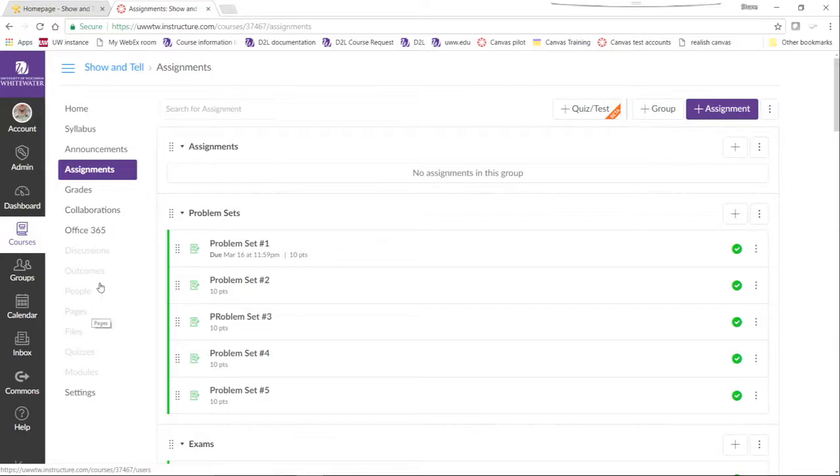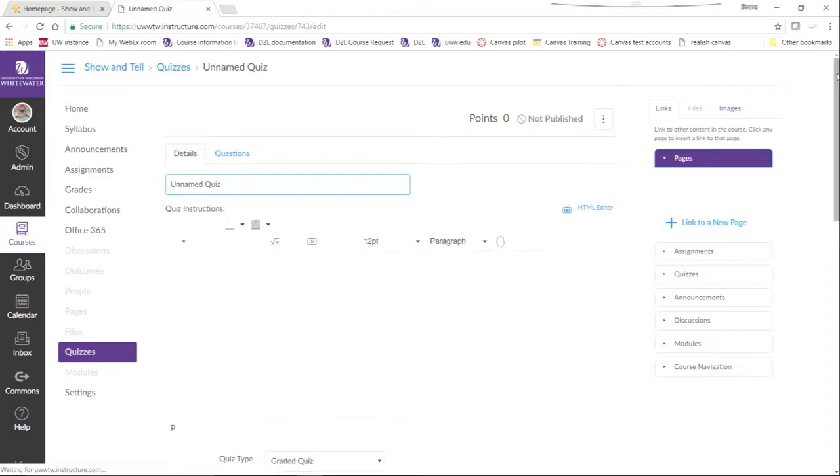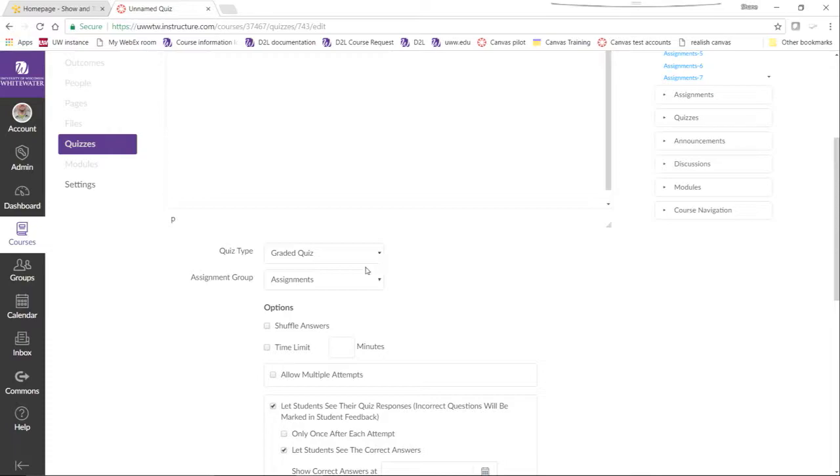As an instructor, you'll be able to come down the side and actually find a quizzes button where you could potentially go in and create quizzes. If we do this, you'll see that the plus quiz button brings us into something that looks very much like what you're used to seeing in D2L. For the quiz type, you can make this a practice quiz, a graded survey, or an ungraded survey. This is a nice change of pace from D2L, where the option was just making it graded or ungraded.